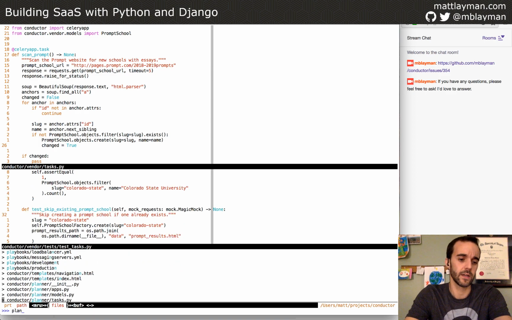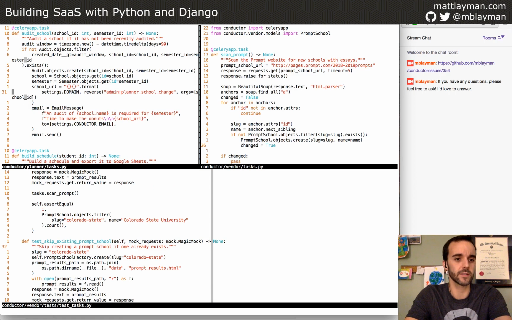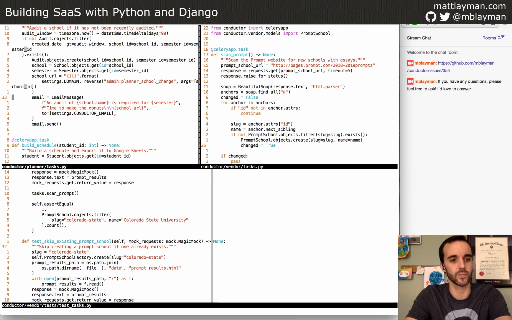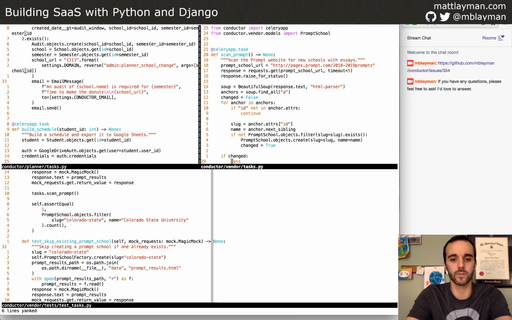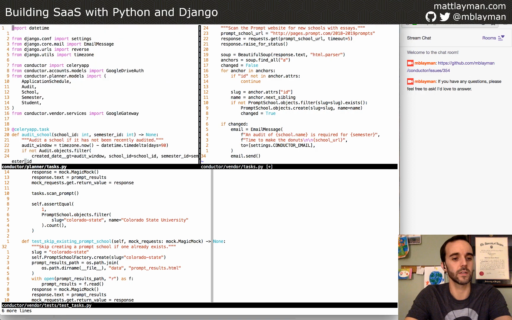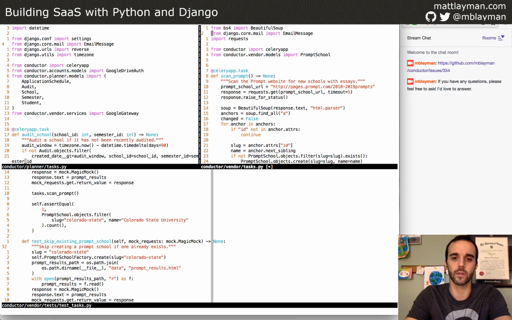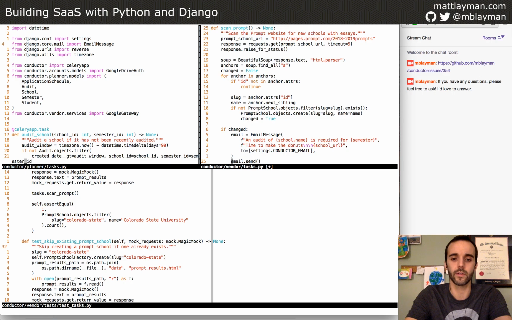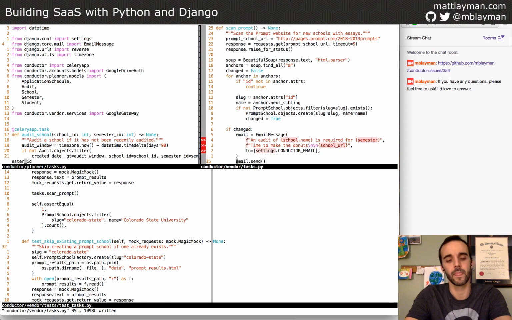So with that said, I want to find the task that does an email. Oh, look, I had brought it up earlier, so that's super convenient. So this is using Django's email message interface, and it appears that the signature for this is about as simple as you could imagine. So you create an email message object, which is a class that Django has, and then you call the send attribute on it. Okay, we can totally do that. We're going to need the actual email message from Django in order to do this, which should be like that. And I'm going to go, we're missing some stuff. Yeah. Okay, so